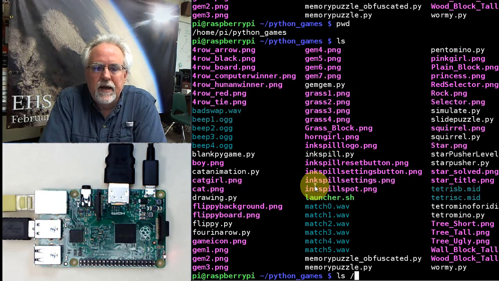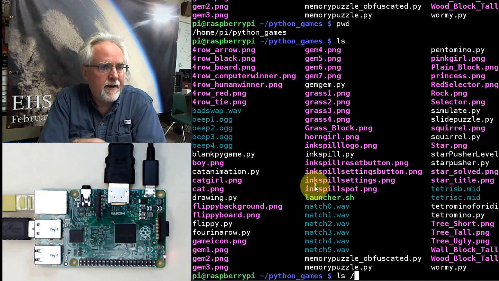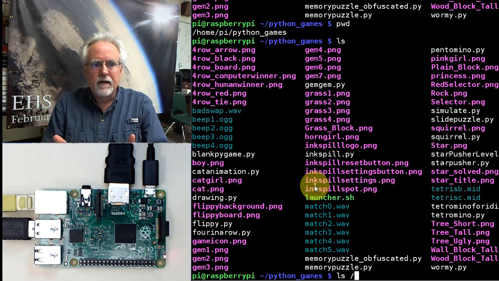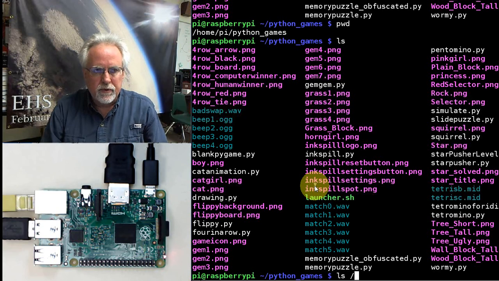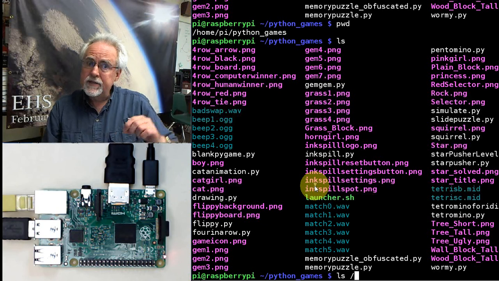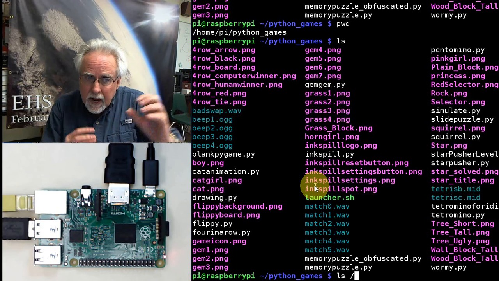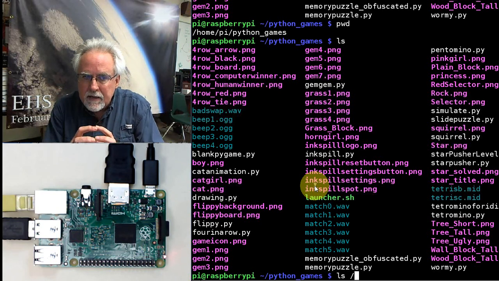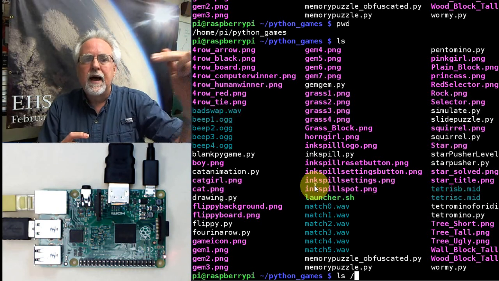Okay, so if I do ls, I want to list the contents of the directory. If I didn't put anything, it would give me my present folder, but I want to ls /, which is root, the top folder. So I want to look and see what's in the top folder. ls does not take me to the top folder. I'm staying in the folder that I'm in. ls leaves me in the folder I'm in, but while I'm in that folder, I go up and I look